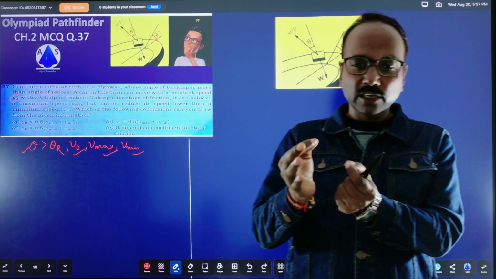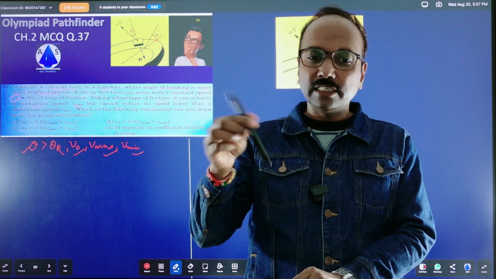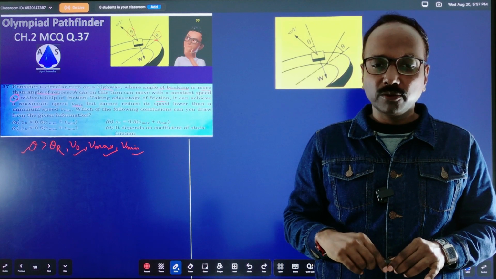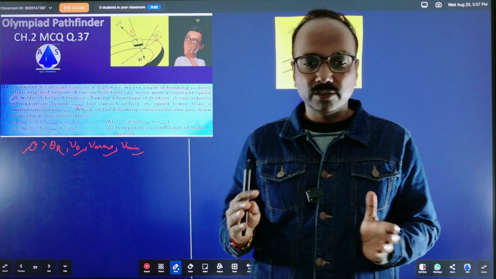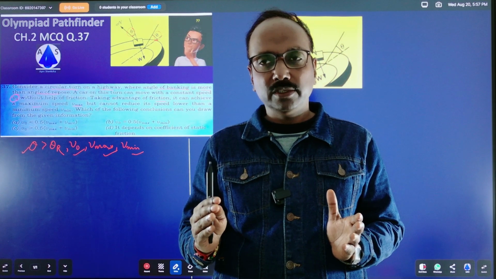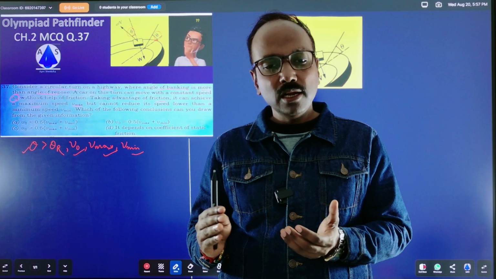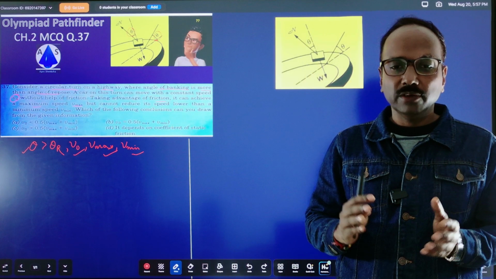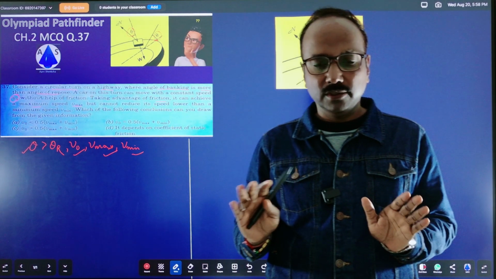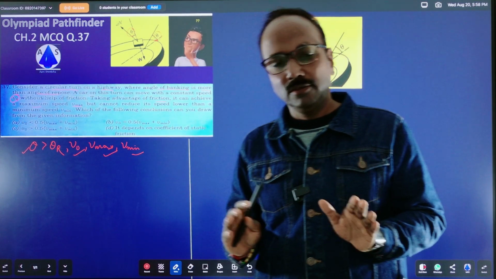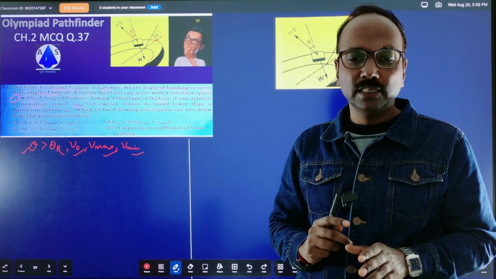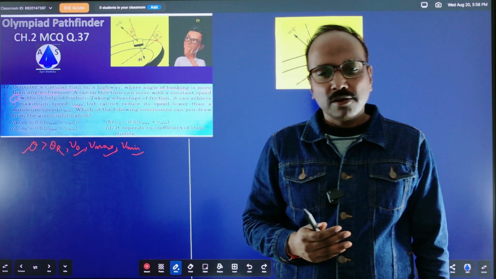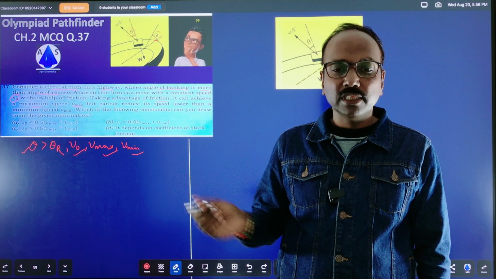So if it is equal, one force is acting in this direction, one force is acting opposite to it, and both are equal in magnitude, so it will cancel out. So there is no force which will try to pull or push the car. So there will not be any friction force. So at that time the speed is what we say is given in the question as V0.